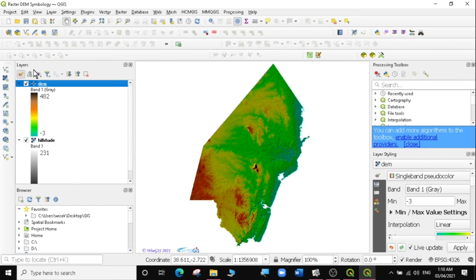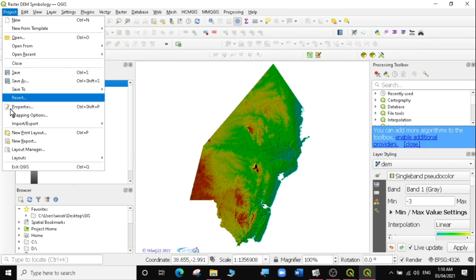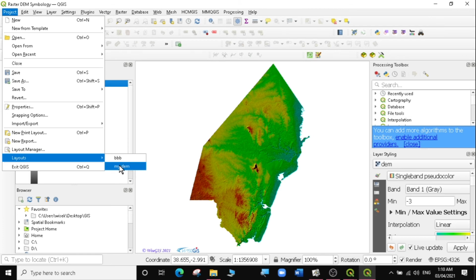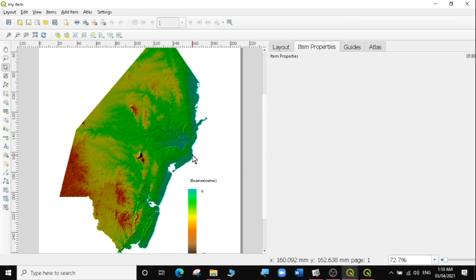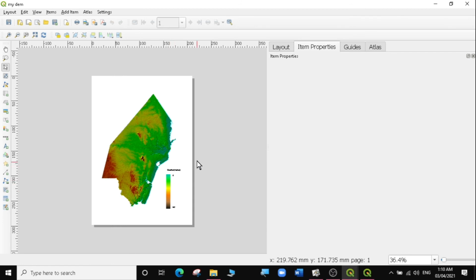So let's go to the print composer and look at how we can create our legend very quickly. So I'm going to go to project, then I'm going to go to layouts. I already have the layout defined. So I'm going to go to my DM, which was my layout. And it will open my previous project here from 3.16. So I need to show you just now how to add the legend straightforward instead of using this